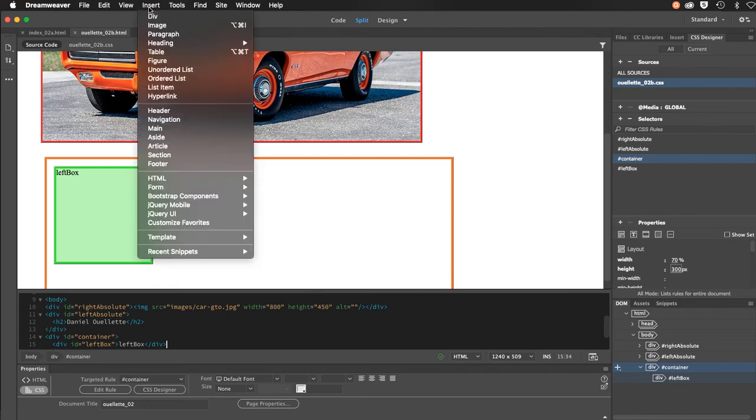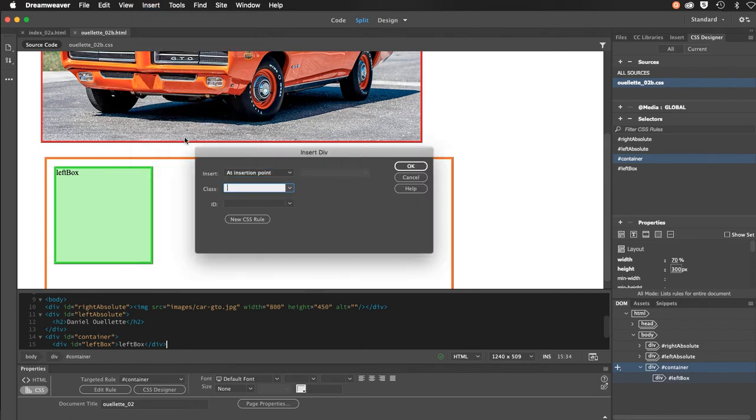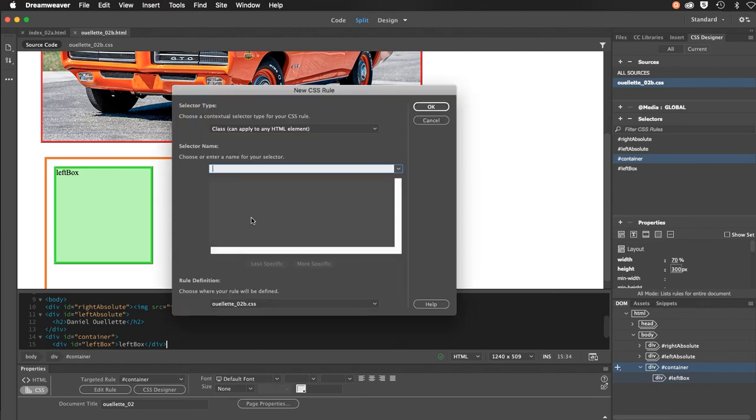Let me insert another new div. This time, I want it to be after that div tag. So if you think logically, I want it to be before end of tag. So it means it will appear last within the tags, if you will. So I'm putting it after this first one. Which tag? Of course, I need to specify the container tag. And there are no IDs yet to pick from, so I will create a new one by going new CSS